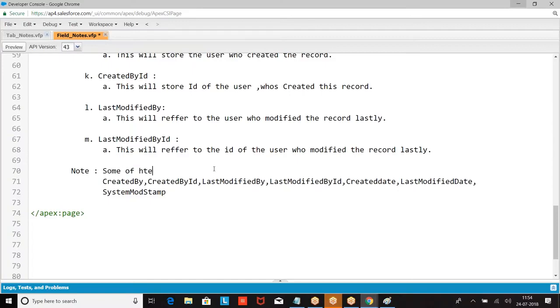So we had a standard field. Some of the standard fields are system fields, and some of the system fields are also called audit fields. When you are referring, this is the terminology we are going to have: standard fields, system fields, audit fields. Right, boss? I hope I'm clear.